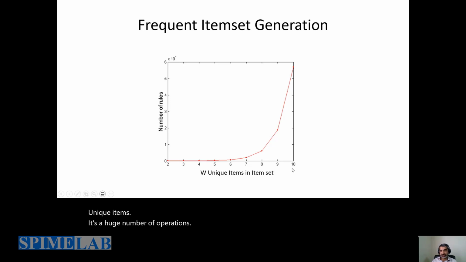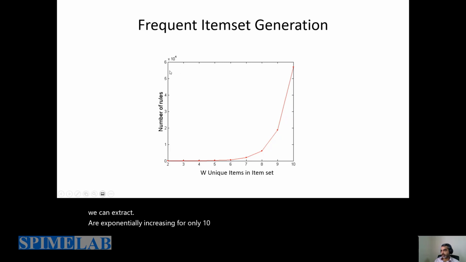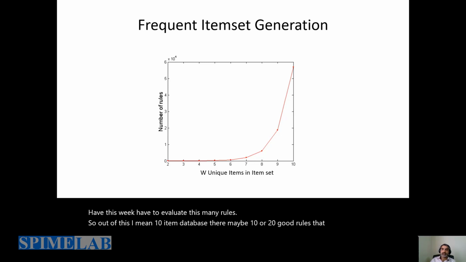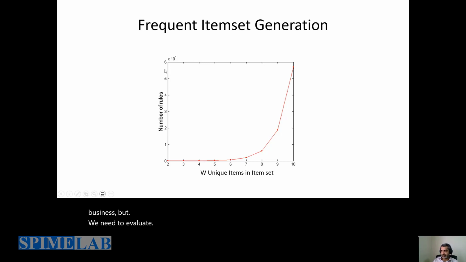Visually, you can see the more items there are, the number of possible rules that we can extract increases exponentially. For only 10 items, we need 10 raised to power 4 multiplied by 6. We have to evaluate this many rules. Out of this 10 item database, there may be 10 or 20 good rules that can benefit a business, but we need to evaluate tens of thousands, which is